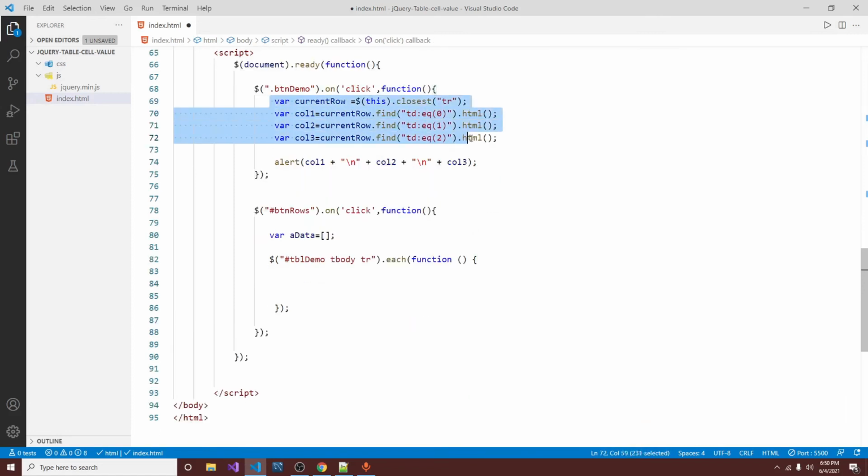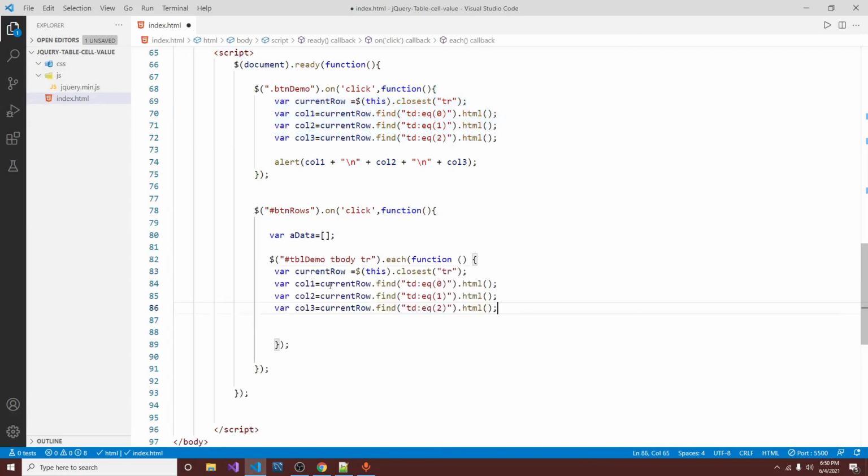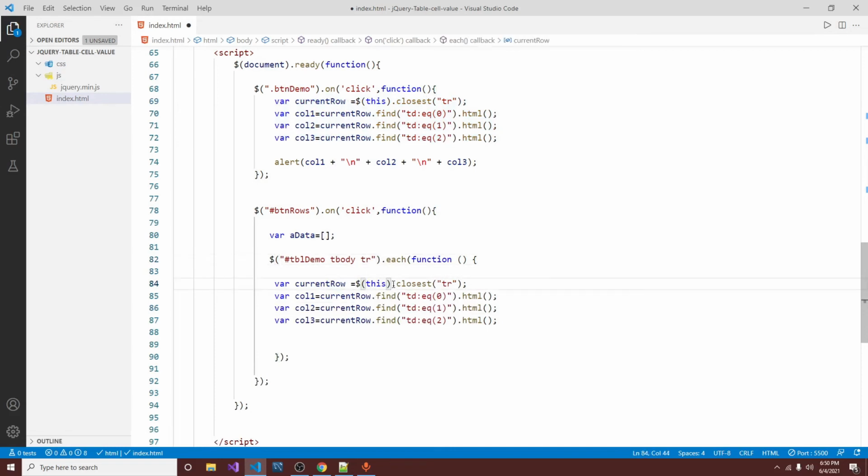Let's copy from the above method. As we are already loop over the tr, so we should remove this. In this keyword, we will get the current row. And in column 1, column 2, column 3, we get the td cell value.